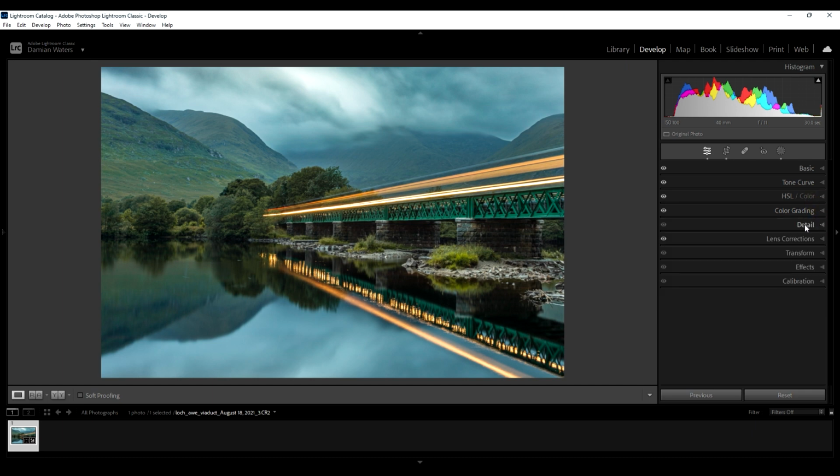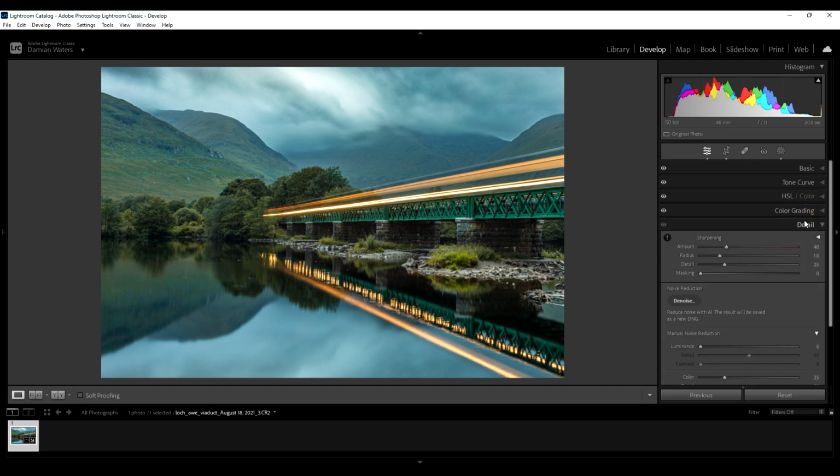So color grading all done. Now detail. This is where people might think I've gone a bit mad with detail, but trust me, I'm going to drop the radius to 0.5, and I'm going to boost the detail to 100. Now that's where people probably think I've gone a little bit mad, but what I'm actually going to do is